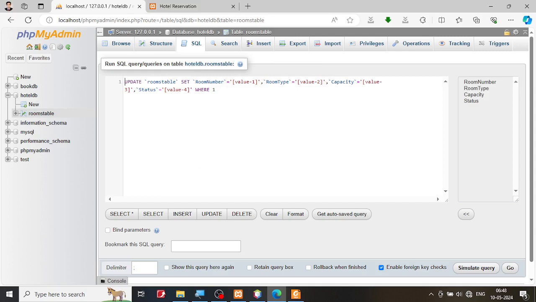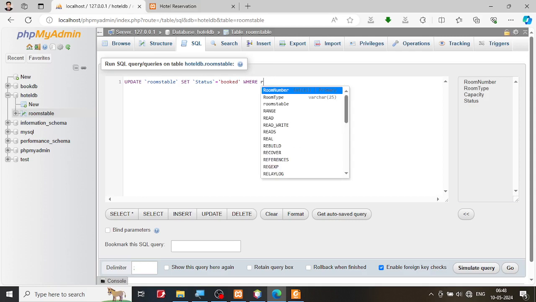Set room number is not required. Status is what we need. Capacity is not required. All things are not required. Set the status is equal to some value. What is the value? Once you book it, the status will be booked. Okay, now I'm going to make it as booked because it's already there. So status is booked where, very important thing, where room number